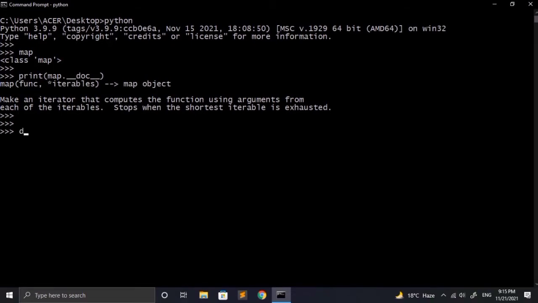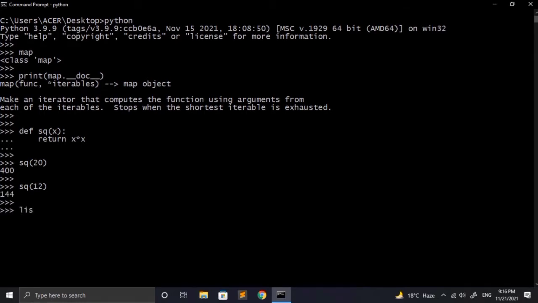Here I am writing a very simple function which will find the square of a given number. We know that to find the square of a number we just multiply the number by itself. This function will accept only one argument, which is x, and then it will return the square of x. For that we have to multiply x by itself. Let's call this function and provide the argument as 20. The output should be 400, which is the square of 20. Providing 12 as the input, the output should be 144.